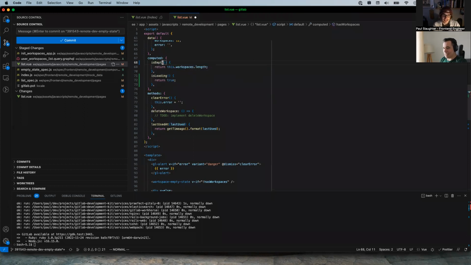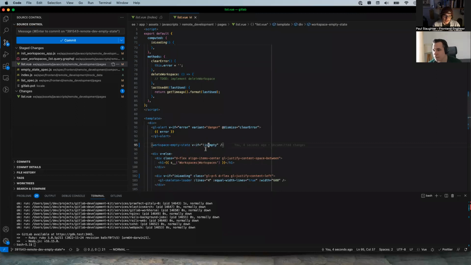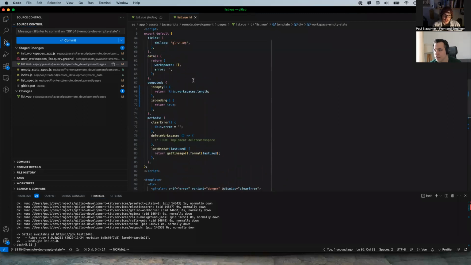Oh, nice. Nice. All right. So what I'm changing right now is, rather than testing has workspaces here, I think we need to test if we're empty. And empty needs to include we don't have any workspaces and we're not loading.